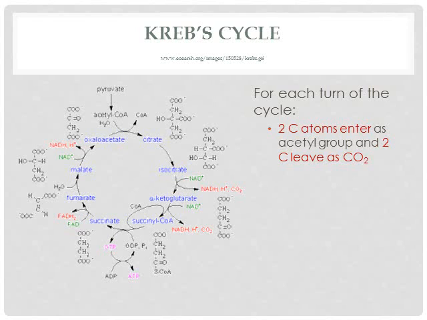So part of a cycle means that we have to end up with the stuff we started with. So we have to end up with the oxaloacetate or oxaloacetic acid that we started with. So we're going to get rid of our first carbon dioxide, and at the same time, as I mentioned before, coupled with carbon dioxide being released, we have a reduction reaction occurring there. So our isocitrate is becoming oxidized, our NAD is reduced, and we're able to use that energy later in the electron transport chain. We now have a 5-carbon molecule, which is very quickly